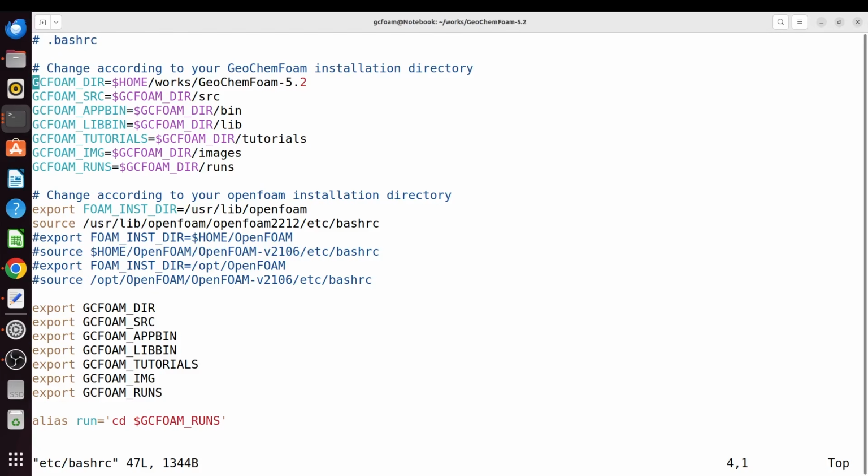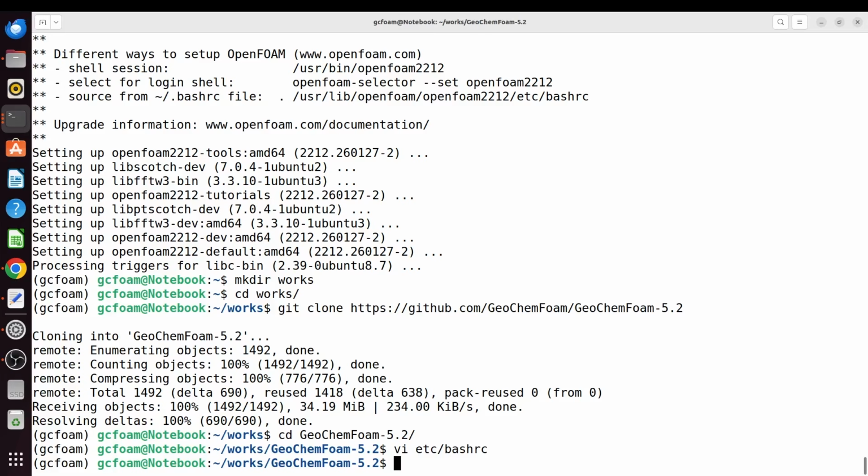If you follow the same steps as in this video, you shouldn't need to change anything. If you use a different OpenFOAM version or install it somewhere else, this is a place where you may need to adjust paths. So now we source this -rc file,